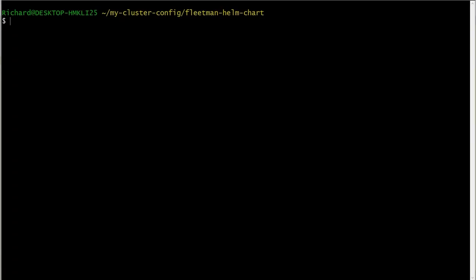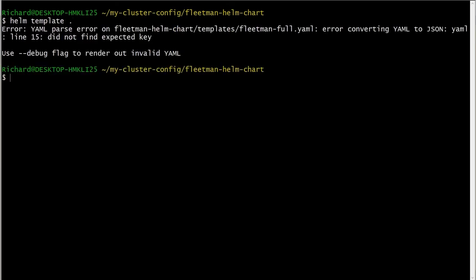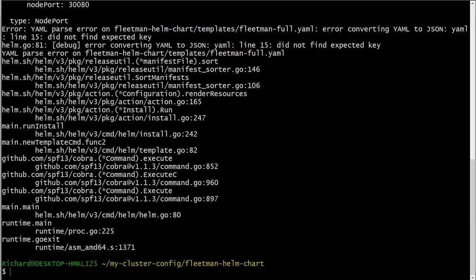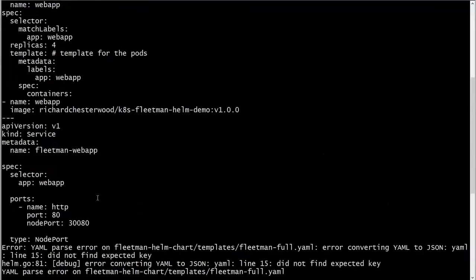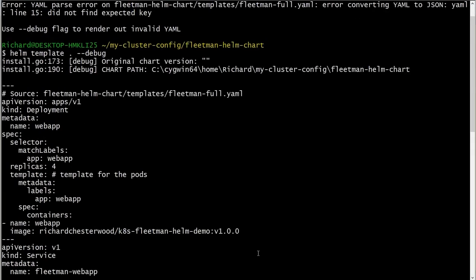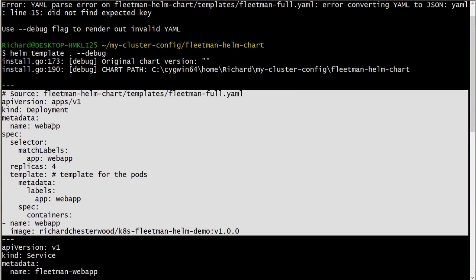Let's prove that. If we run the Helm template command again, we're now getting a YAML parse error. Now, we've seen this before. It's because the YAML that it's generated is now failing, and it's falling over. And we definitely here would want to use the --debug flag to find out what's going on. And that's one of the most useful things you can do, to use that debug flag. As before, ignore this call stack. That's all Go. What we definitely want to look at, though, is the generated YAML. And that really tells the story.